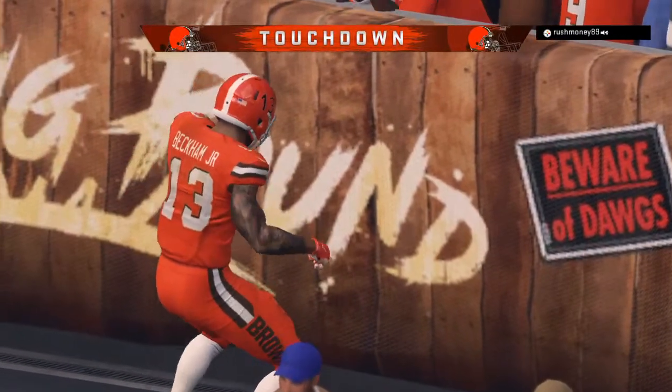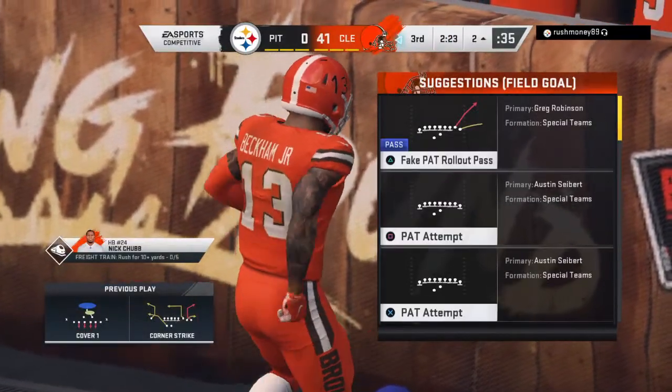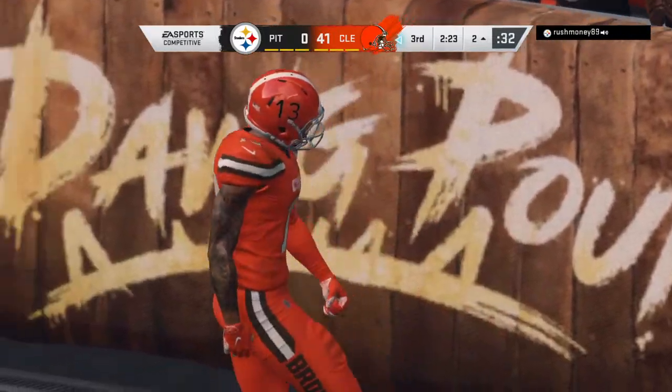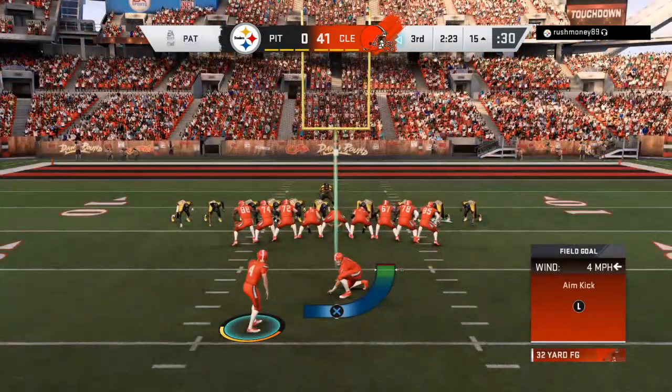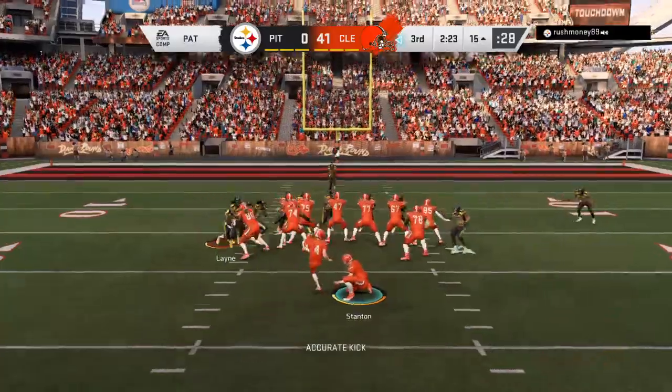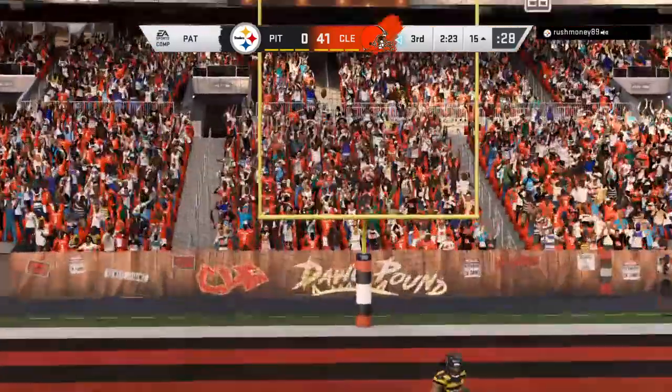Touchdown. Odell Beckham there to make the grab as his guys continue to put this one out of reach. And it was a tight window. He knew he had to rocket that thing in there. He got it done. And when you're able to complete one like that, your confidence has to just go sky